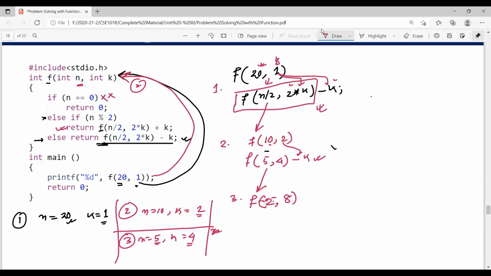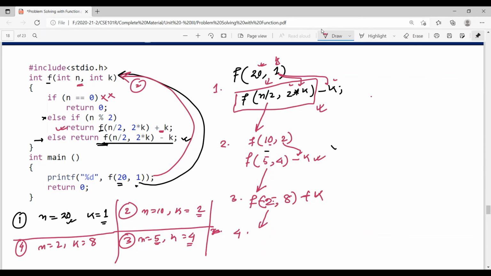Okay, so now this k is here again. Now it is plus k. Correct. So now let's see further. Let's generate another function call. Now the fourth time, let's put it here. Fourth time we are calling. What values are we passing? 2, 8. So what is the value of n? n equal to 2. What is the value of k? k is 8.